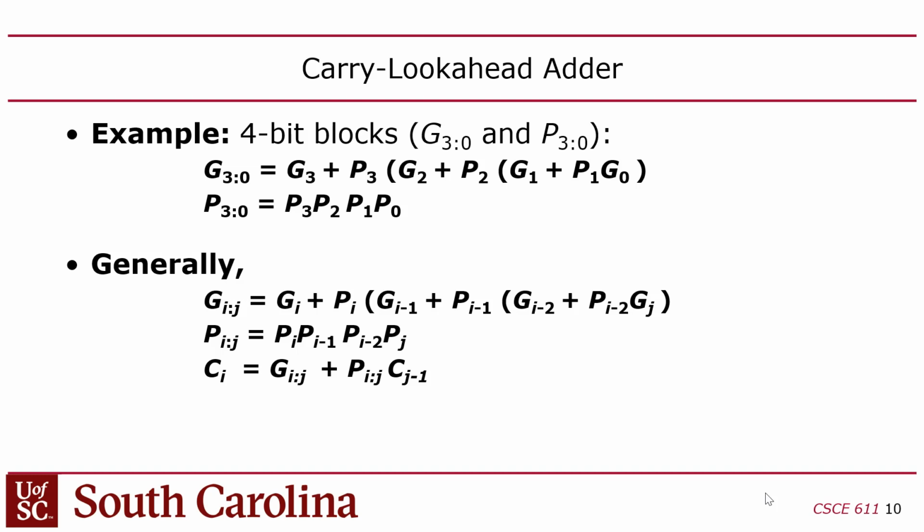If I have a 4-bit adder, the carry-in for 3 is going to be the generate for 2, or the propagate for 2 and the generate for 1, or the propagate for 1 and the generate for 0, or the propagate for 0 and the carry-in for 0. Does that make sense? So the carry-in 3 is going to be the generate of 2 plus the propagate of 2, generate of 1 plus the propagate of 1, propagate of 0, carry-in of 0. Or we can expand this. Carry-in 3 equals generate 2 plus propagate 2, generate 1 plus propagate 2, propagate 1,